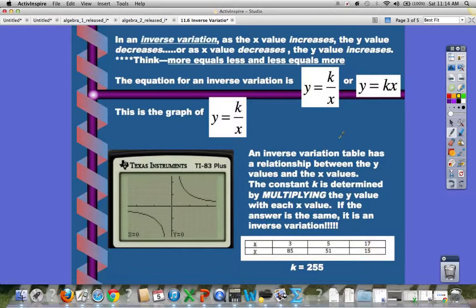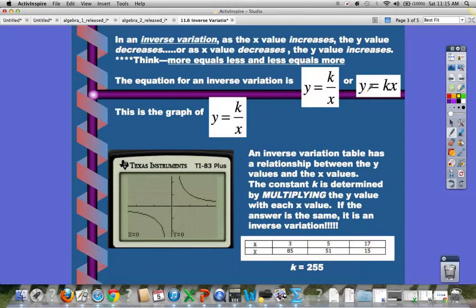But in an inverse variation, as the x value increases, the y value decreases. And vice versa, as the x value decreases, the y value increases. So with this one, you want to think more equals less or less equals more. It's one going up, one going down. And the equation for the inverse variation is y equals k divided by x, or solving,